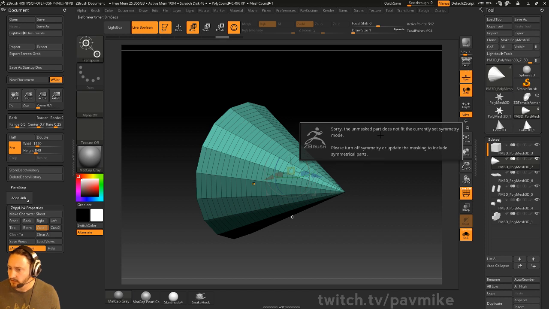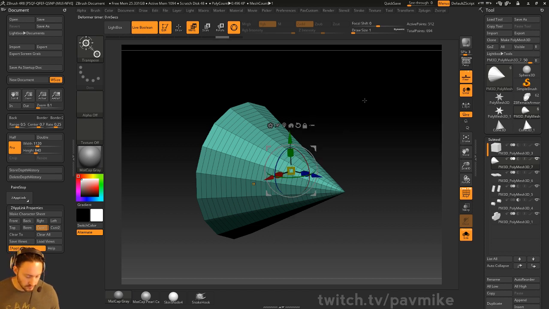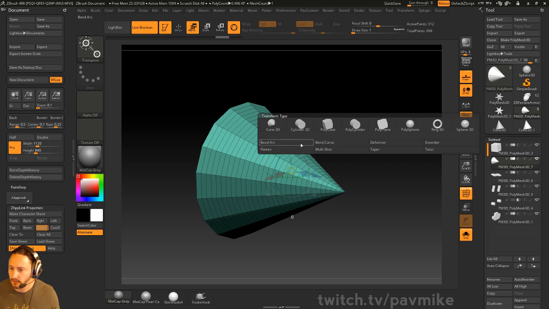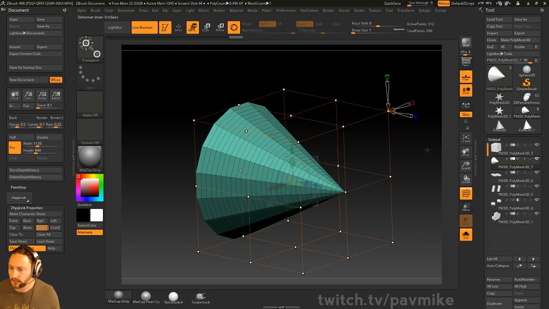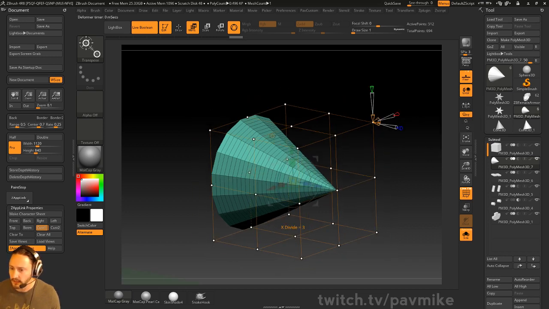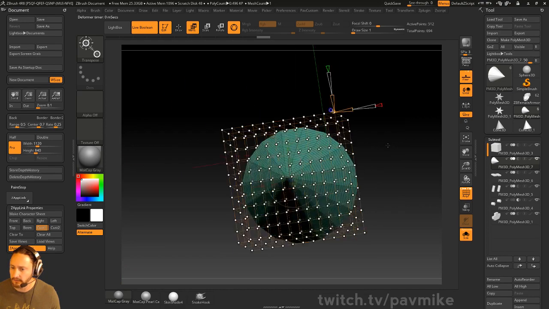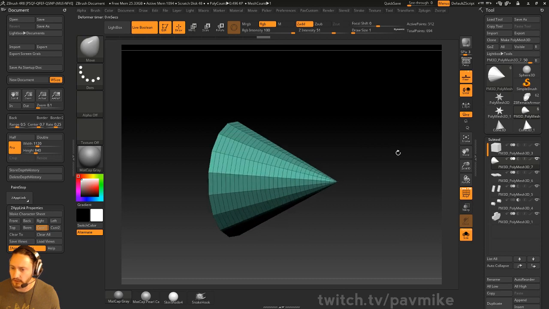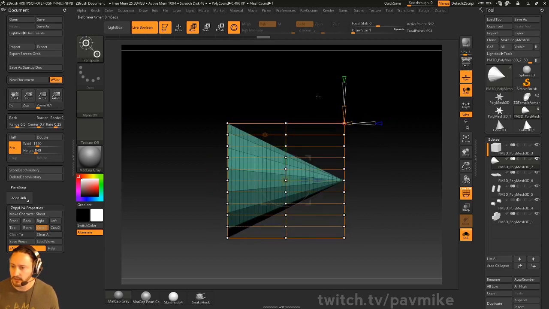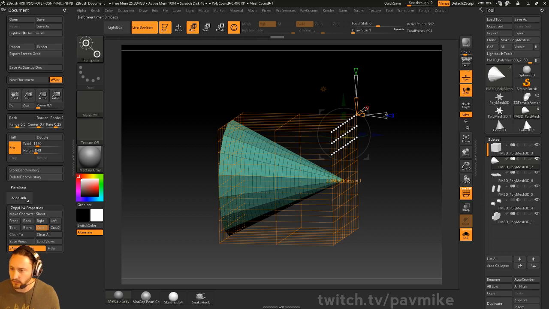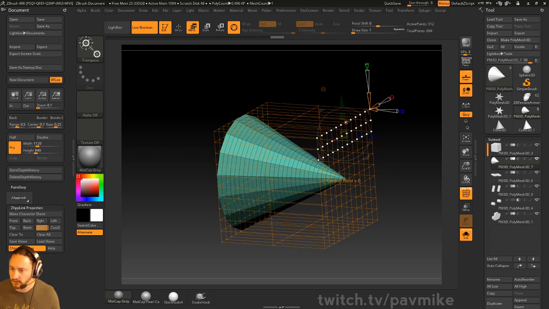Update the masking to include symmetrical parts. Oh yeah, let me turn off symmetry here. So now we can do our deformer here, and now you can add more divides in here. So this isn't individual points, but it's kind of like a lattice deformer. You can go in here and hold down Control, and if you hold down Control Alt, that'll unmask everything except for the ones you masked here, and now you can use your Gizmo